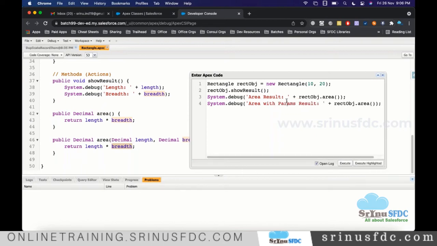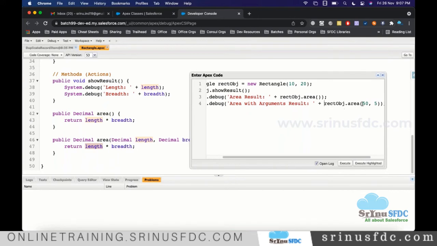While defining we say parameters, and while supplying we say arguments. So let's say here I want to supply 50 and 5. That means I'm supplying length as 50 and breadth as 5. 50 multiplied by 5, we get 250.